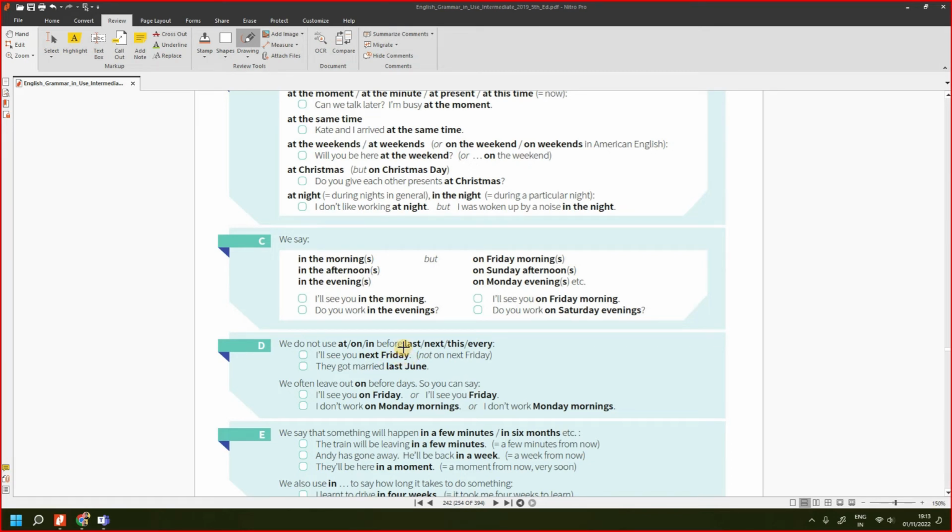it is not required, because see, after on Friday, if a word like next or some other word comes, then on will not come in that place. Okay, because without the preposition it is already meaningful, so you don't have to insert the preposition again. So only when there are no words like this before Friday or before any other day, then you use on. Okay, now look, if I remove next, I will have to write it as I'll see you on Friday, then it becomes meaningful. But when there is next, you don't have to use all these things.